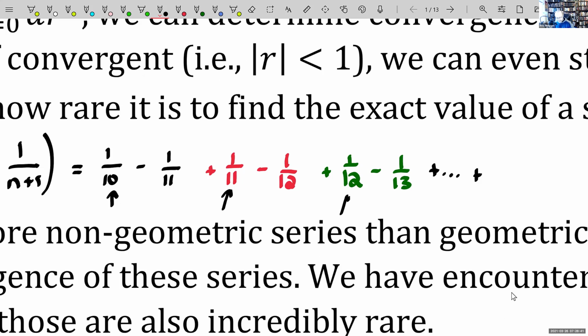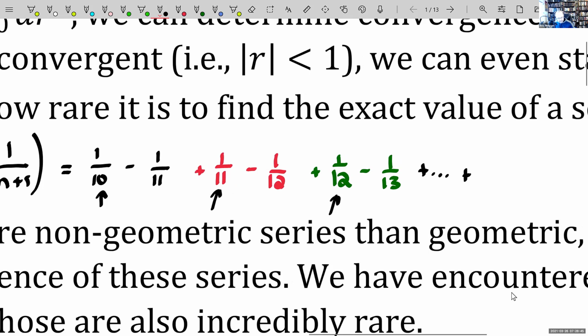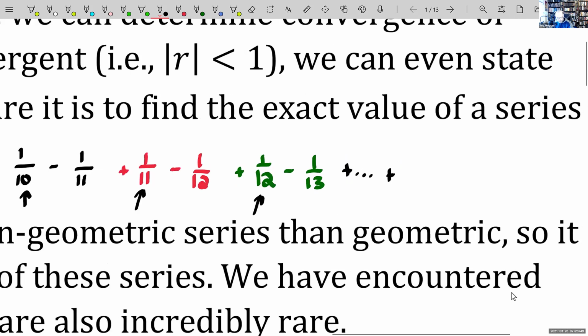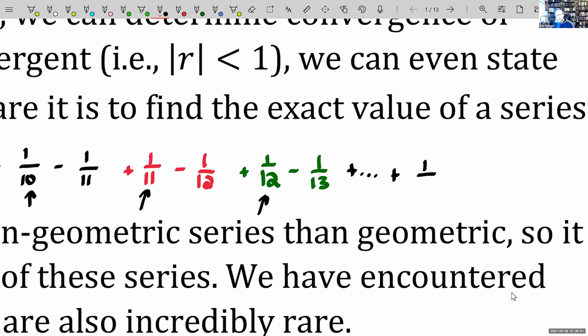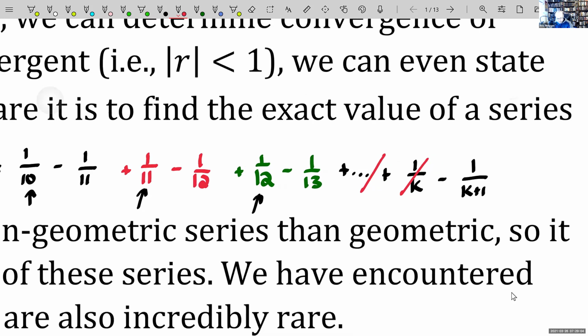It's at n equals 12, and so on and so forth down the line until you get to n equals, what did I say, k? So at n equals k, you would have 1 over k minus 1 over k plus 1. But remember, the 1 over k actually has a term right before it that'll cancel with it. And so in the end, this series will compress down to the first term minus,